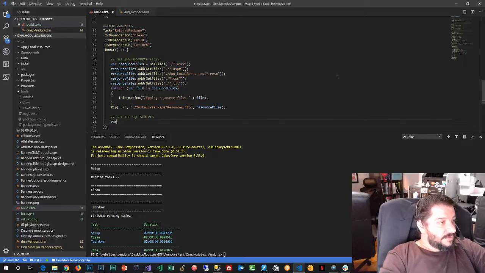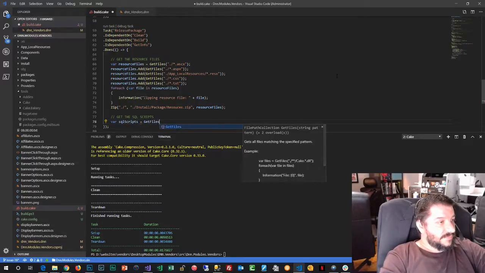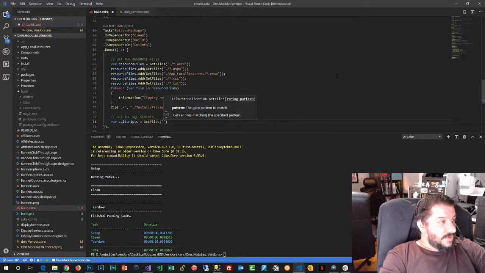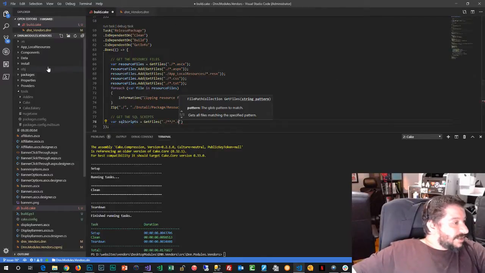So I'm going to do var SQL scripts equals get files, and I want the files that are here in any subfolder that end with SQL. Let's see the casing. I don't know if it's case sensitive, but